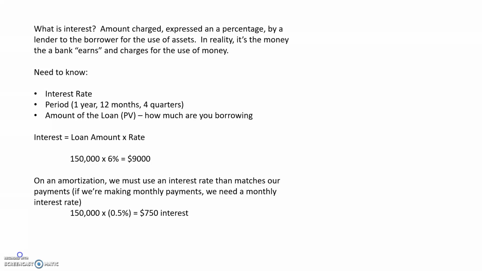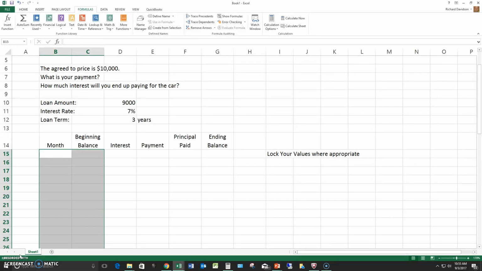Because of that, we need to make our interest rate a monthly rate. As we talked about in class, you take your annual rate, in this case 6%, divided by 12. That gives you 0.5%. Your first month's interest in this case would be $750. All right, so let's put this to use in a spreadsheet and